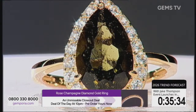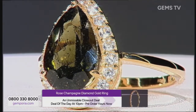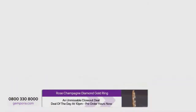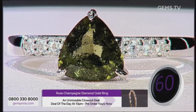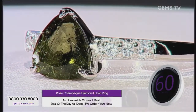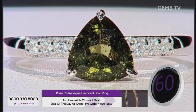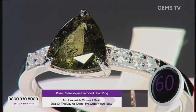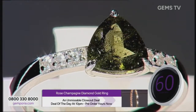Can I get a 60-second clock on this next one? This is my final piece of our show. Final Moldavite of the show. And it's a trillion. And look at the grade. Look at the density of the atmospheric bubbles trapped in this gem, crystallized. Look at the saturation of color. Isn't this beautiful? Set into gorgeous